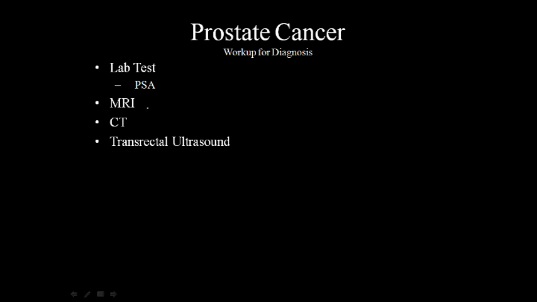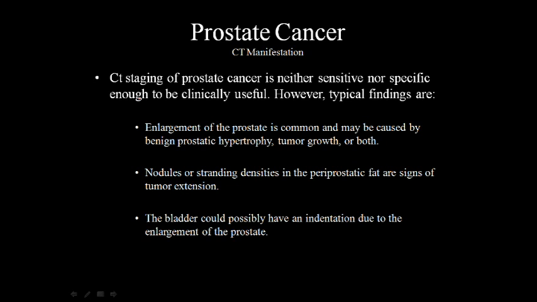MRI and CT all have their moments where they are good and moments where they are bad. Sometimes in CT it's very difficult to demonstrate the prostate, much the same way in MRI, but MRI allows better visualization. One of the big things is the transrectal ultrasound, which allows you to see the prostate pretty well. But once again, it's very difficult to really gain a diagnosis of prostate cancer. So usually what CT is used for